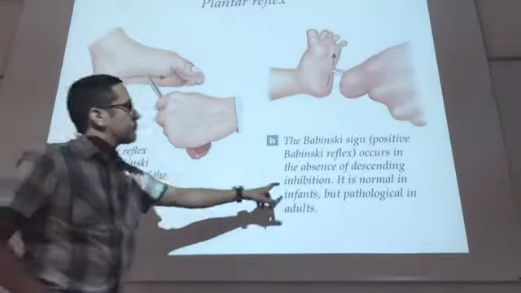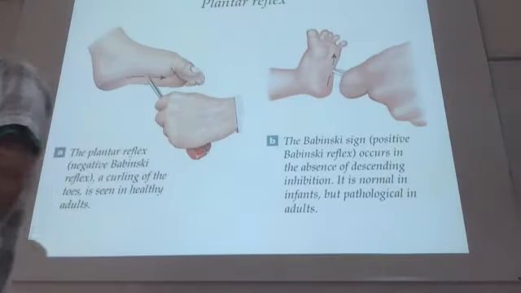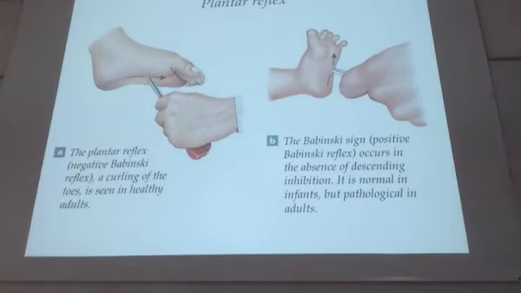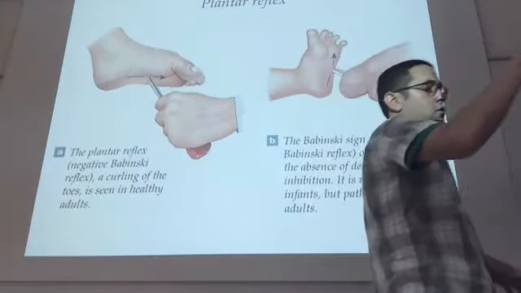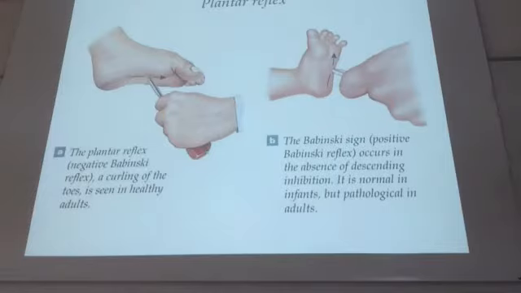In babies, when you go over the sole of the foot, they will stretch their feet, and with adults, we tend to plantar flex, or flex their fingers at least. So it's a normal sign when babies extend their toes. That's a normal sign